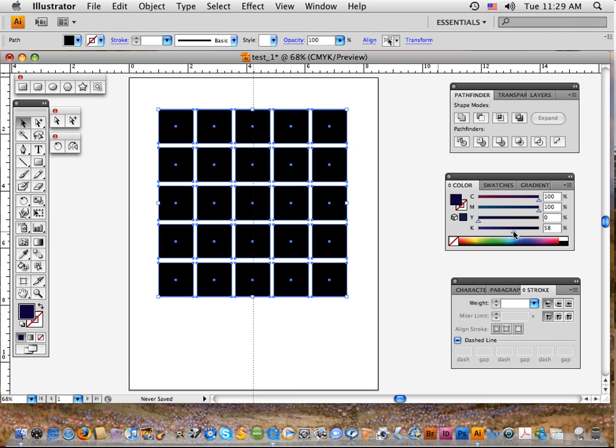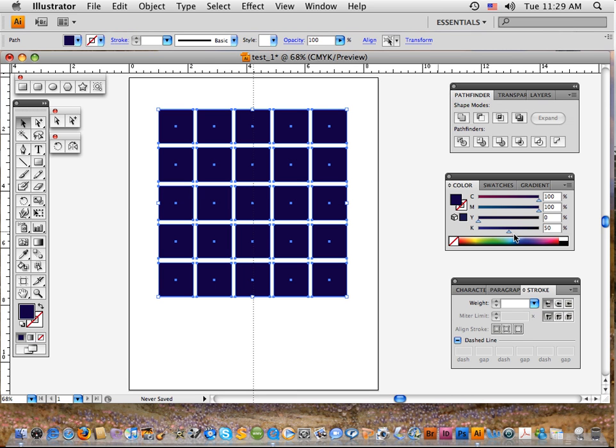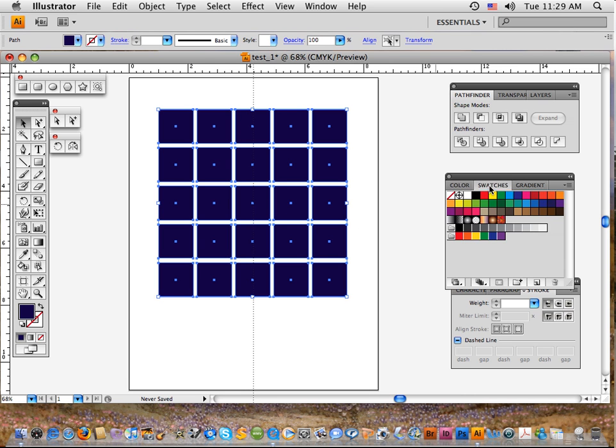But maybe a 50% black against the blue and the red gives you a dark navy blue. If you make this color and you want to save it, if you go to your swatches, here's some preset colors. There's nothing, there's white, there's black, and there's some preset reds and orange and greens and blues, as well as some other presets. But if I wanted to save that navy blue, so it would be there when I